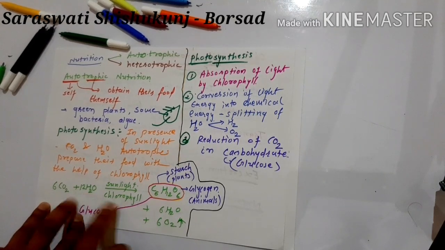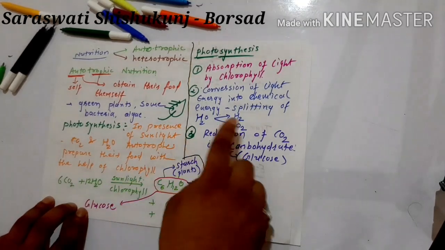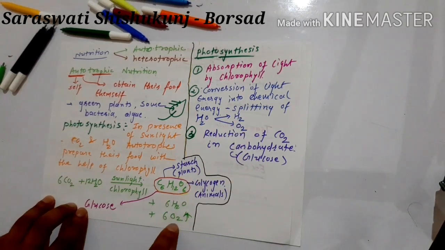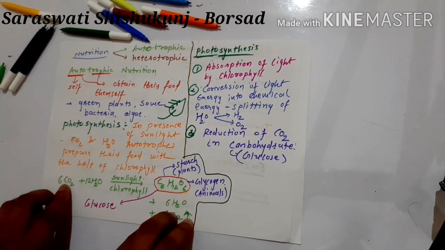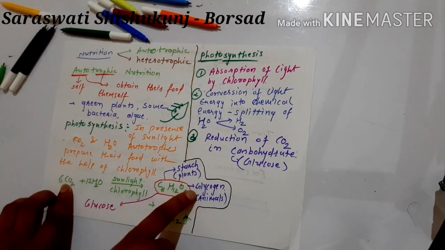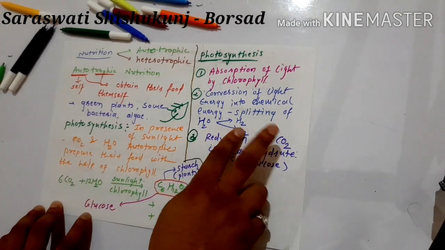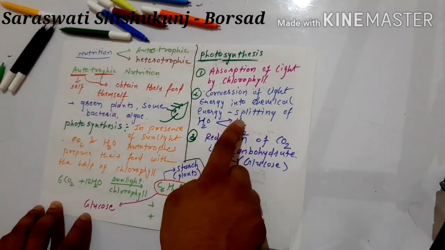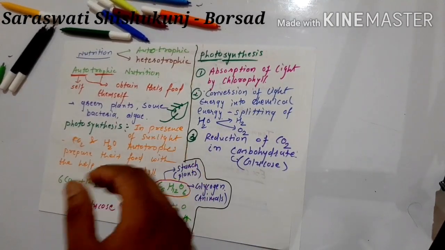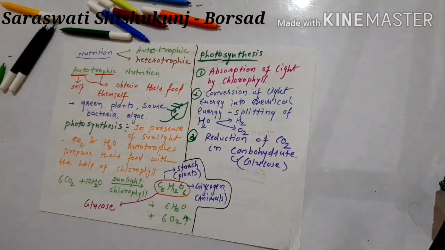Again, absorption of energy, then conversion of the light energy into chemical energy. During that, splitting of hydrogen and oxygen is there. So the oxygen which is split here, we can see here. Now carbon dioxide, in the third step, will get reduced. So during the reduction of carbon dioxide, glucose is formed and oxygen will be released. That oxygen which is released during reduction will react with this hydrogen and will give us water. So these are the three steps by which the photosynthesis reaction takes place,